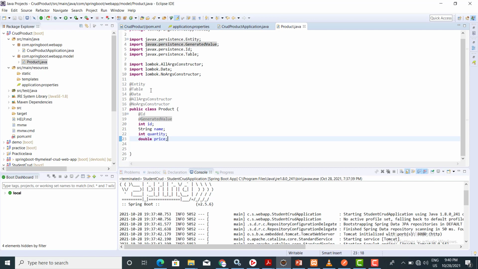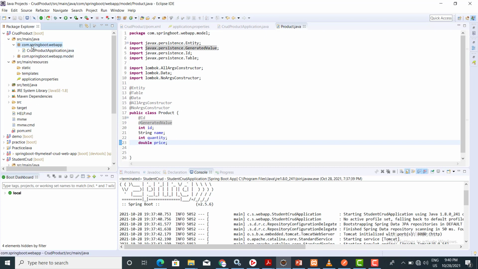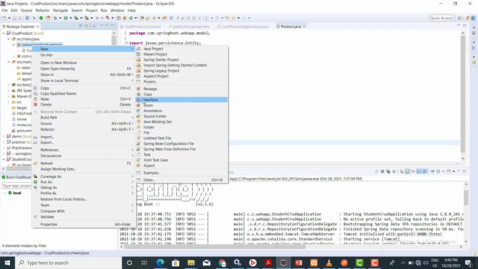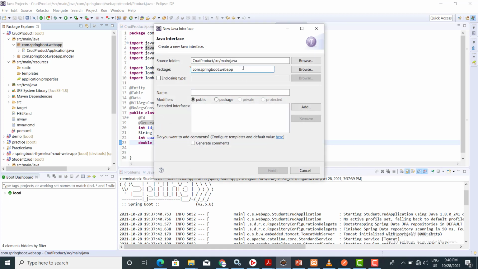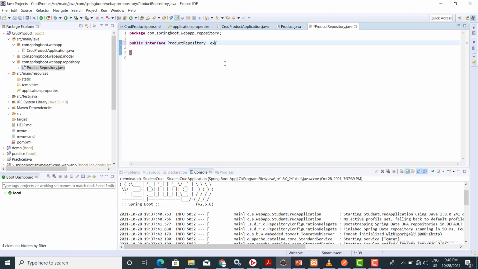Now we have created a model. Now we want to create a repository. Again right click on it, select new and select interface. I'm creating a package as repository, and I'm creating an interface as ProductRepository. Now this ProductRepository should extend JpaRepository.